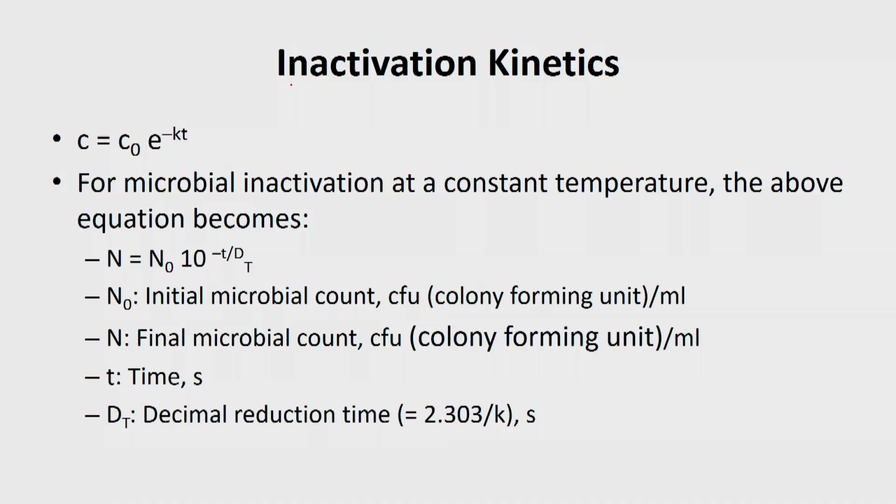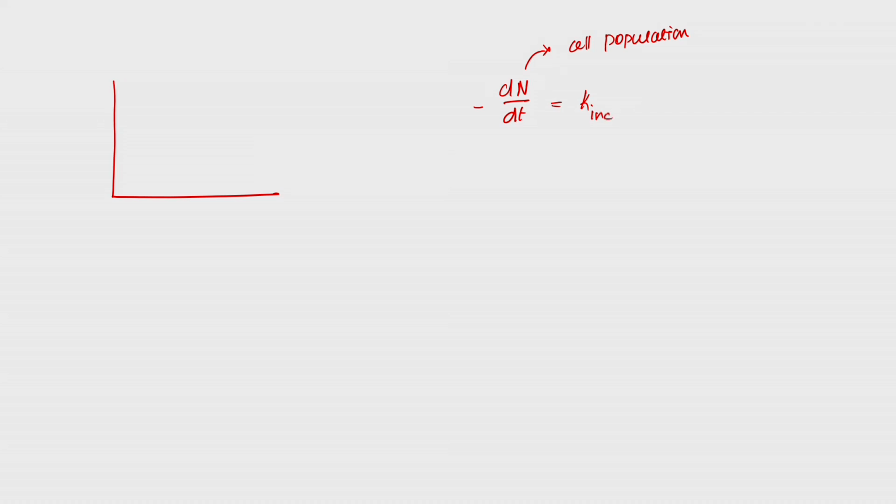So now we have learnt what inactivation kinetics is, and how it is going to happen in terms of temperature, right. We already said that most inactivation kinetics of microorganisms follows a first order reaction. We will go into a little more detail. For example, here dN/dt, where N means cell population, right, is equal to minus K N. This rate constant I am writing in a different way so that it will be something different.